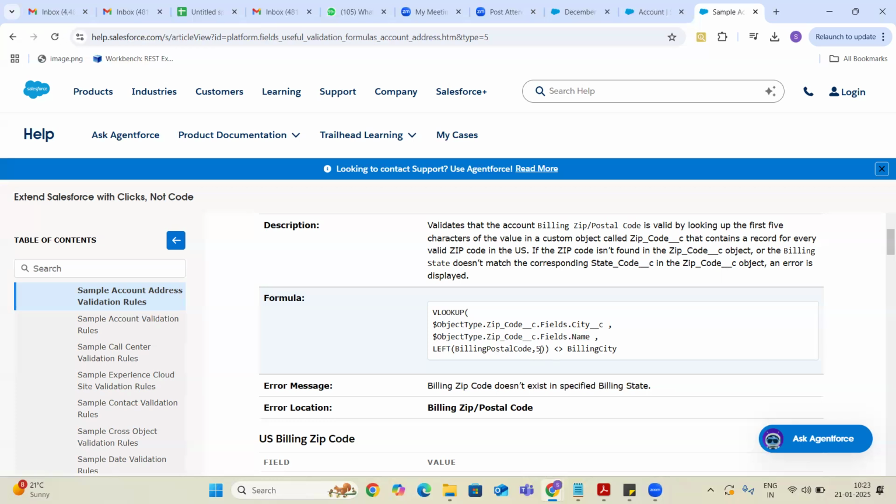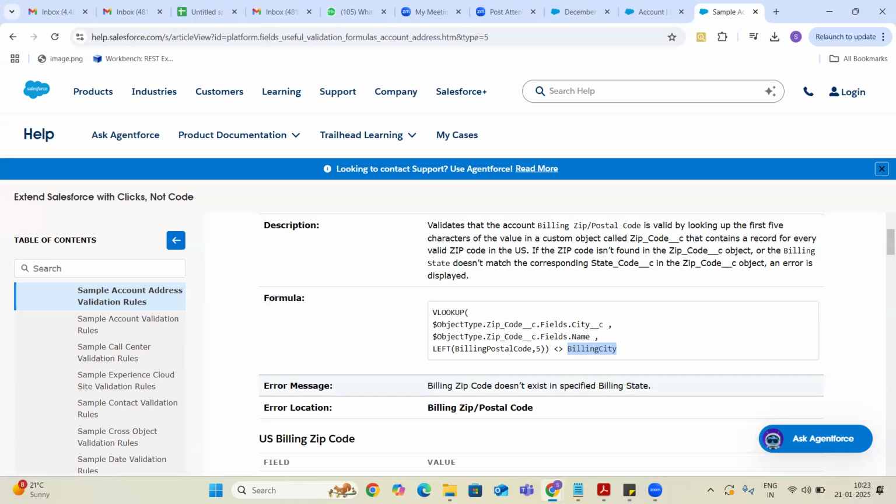Okay, so billing zip code not equals to billing city. So whatever the city which is selected, okay, we are going to get 5 digits of the zip codes. Basically, guys, here they are saying 5 digits, right?